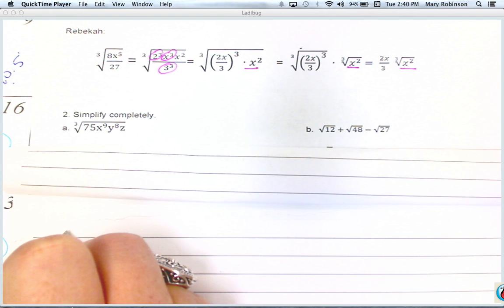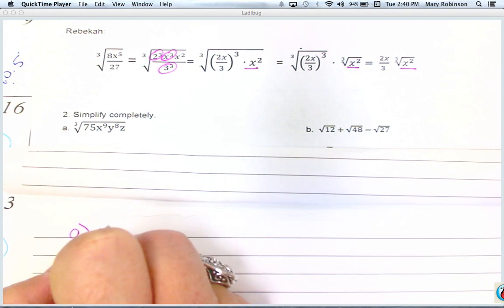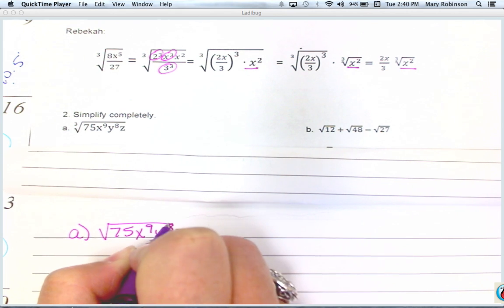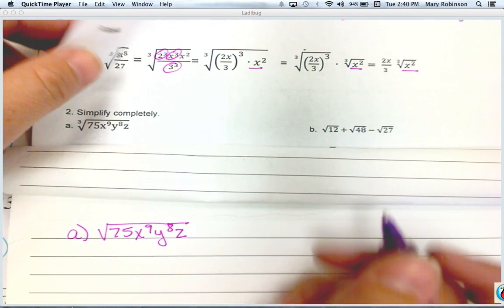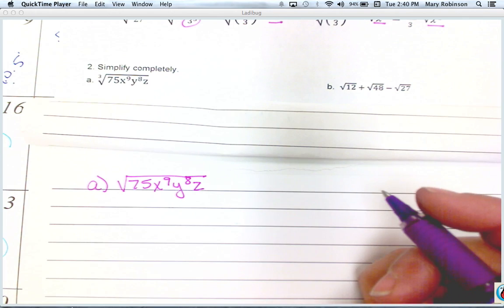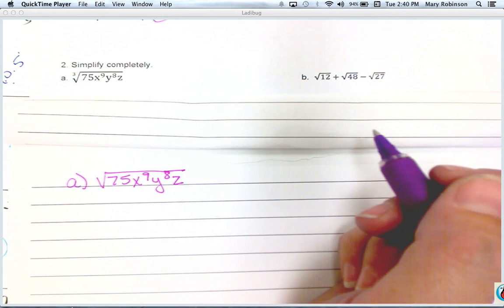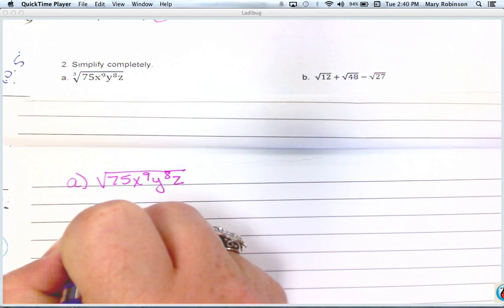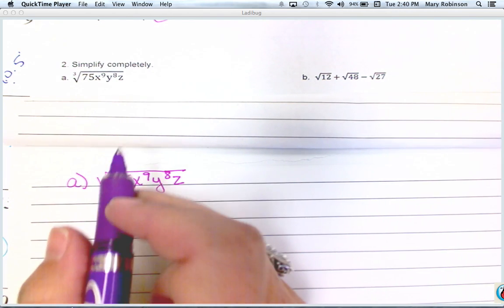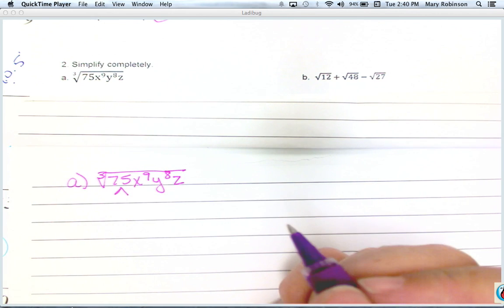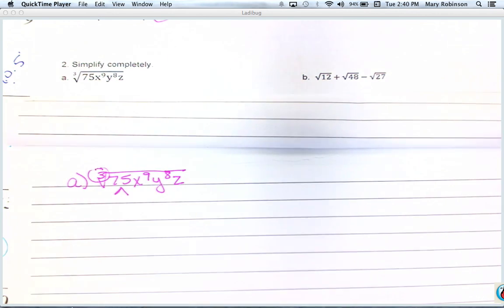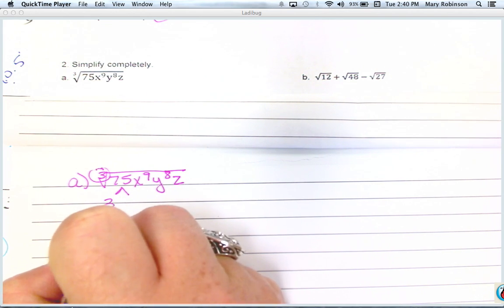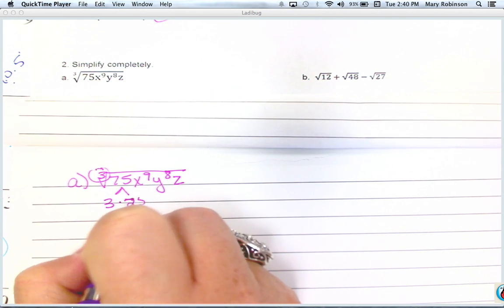So I'm going to rewrite them on paper here. So as I explain these, I'll probably be very detailed and deliberate, but you don't necessarily have to be. I just want to make sure that the support is there for all students who might not understand how to get that answer. So remember to simplify radicals. Oh, by the way, that's cube root. Very, very important. Tells us the size of our groups that we're going to find are of size 3. We want to find the prime factorization for